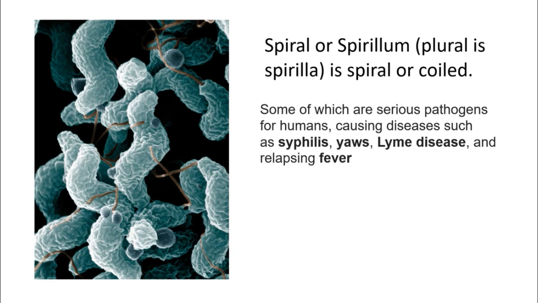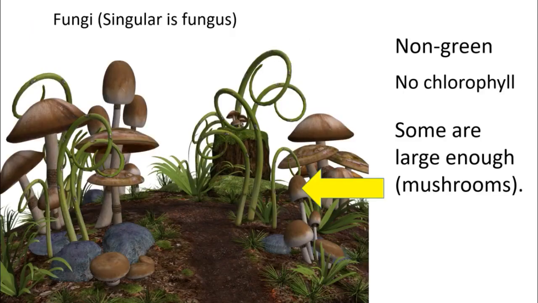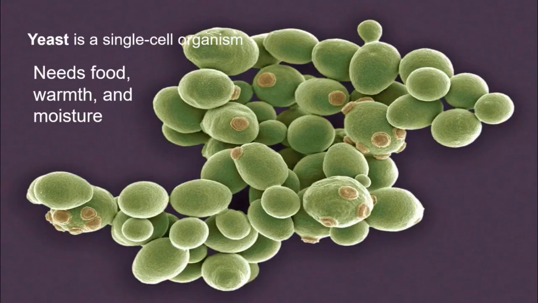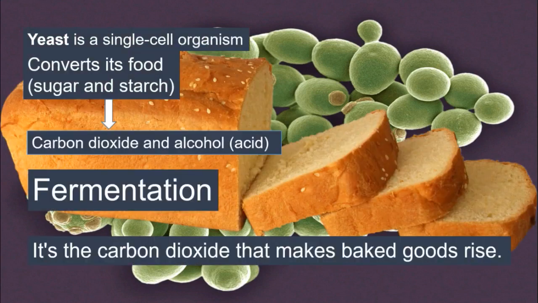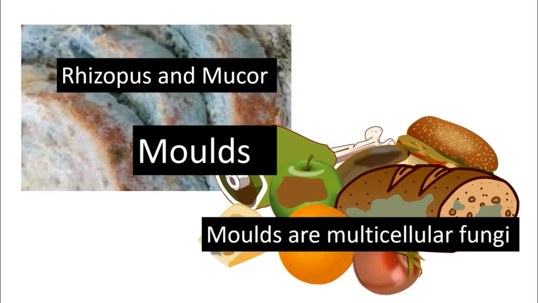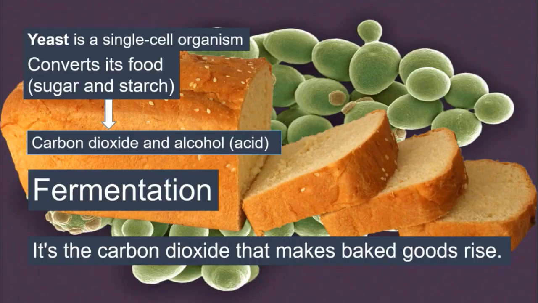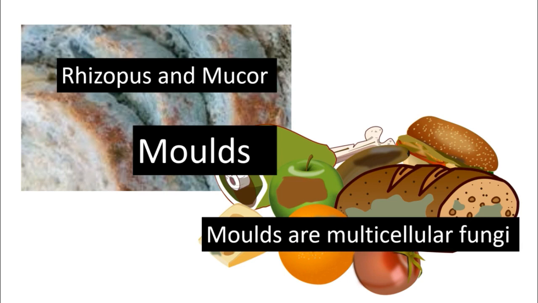Right. After that we have learnt a few details on fungi. The visible fungus is the mushroom, right? But there are microscopic fungi also. They require food, temperature and moisture. It is these fungi, here called yeast, which are involved in the fermentation process and make the dough soft, and therefore it is used in making bread or cake. And then we have learnt about molds, different types of molds,